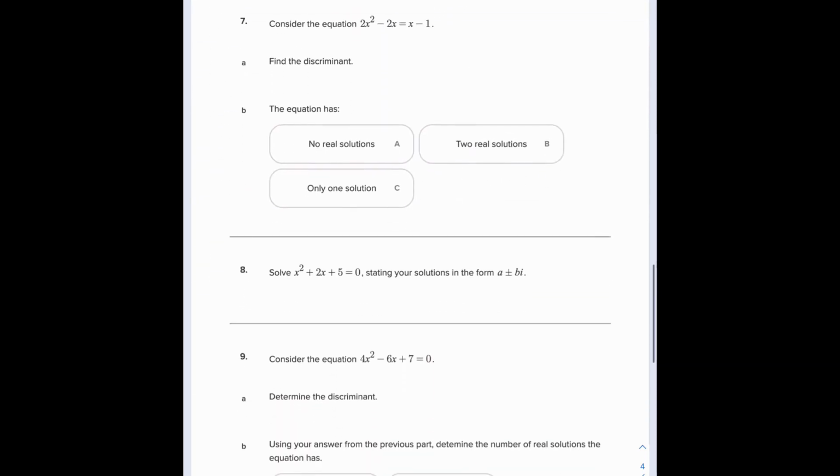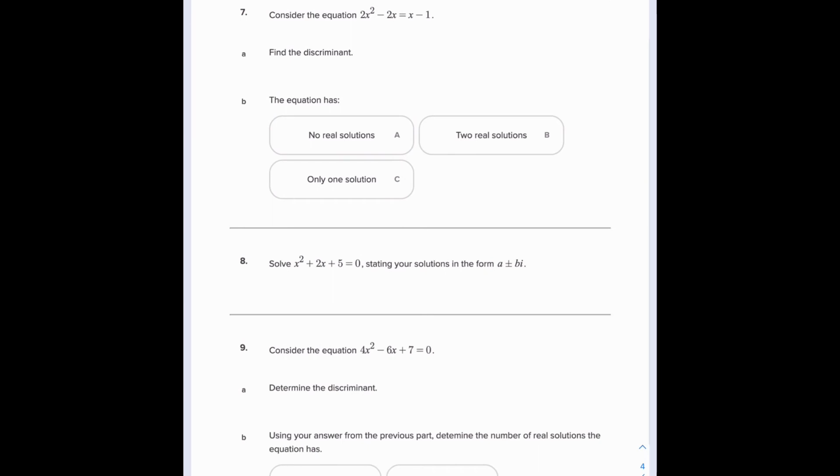Now, number 7, this asks us to consider this equation and to find the discriminant. Well, first we want to get this x minus 1 onto this side. So we subtract an x and add a 1. So we have 2x squared minus 2x minus x plus 1, which is the same as 2x squared minus 3x